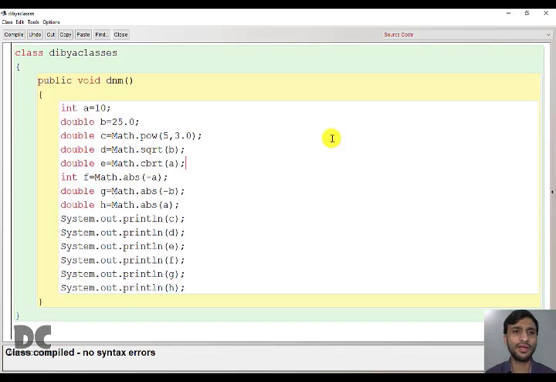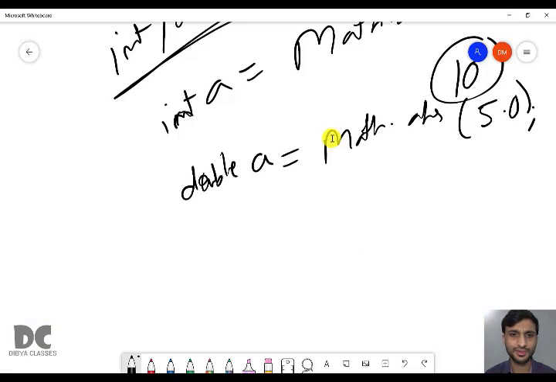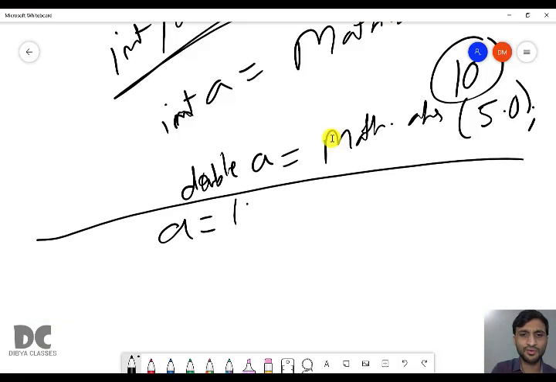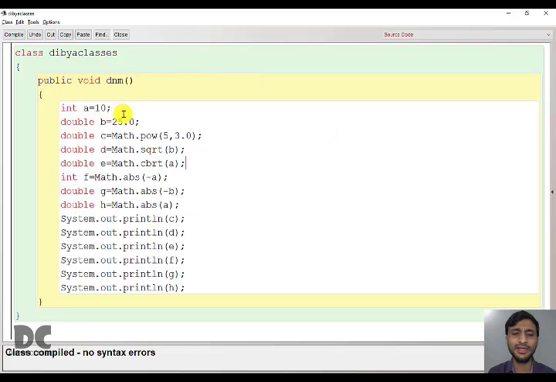So here we have two values, that is A equal to 10 and B equal to 25.0. So A is an integer number and B is a real number. Right, here the data type is int, and here the data type is double. Okay, now we want to find what will be the answer in C. You have not studied about the print statement right now, so don't worry about this part. We'll only consider this part. So now we are trying to find the value inside C, or what value will be stored inside C.